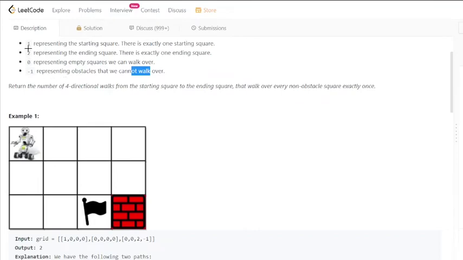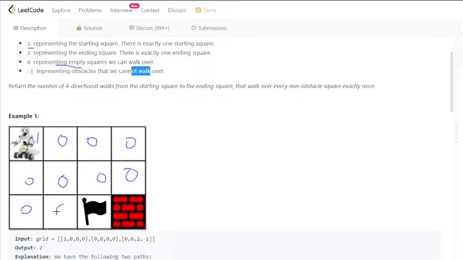So over here we can see that 1 represents the starting square. Over here the starting square is this point, and the empty spaces are represented by 0. So these are the empty squares, right? And hence each of these are actually nothing but zeros. So let me just write it up. This is also 0, this is also 0, and this is also 0.